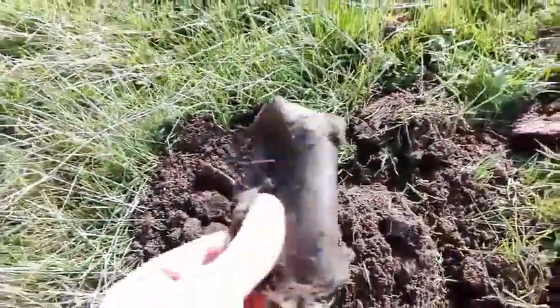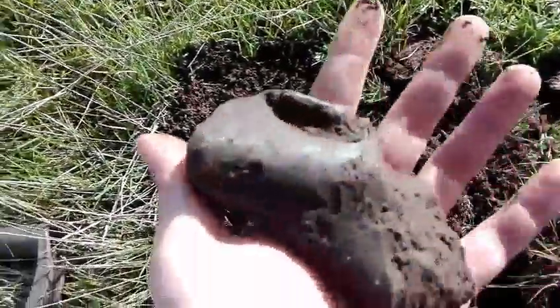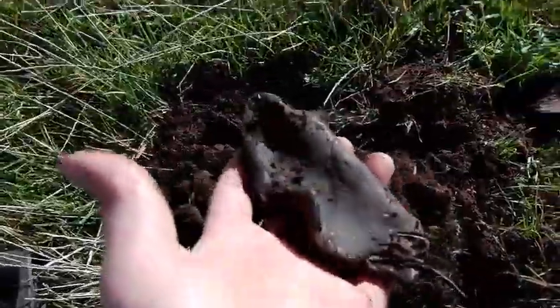Walking back to the car, I found a piece of lead. Let's see if we get anything before we get to the car. Then we'll come back